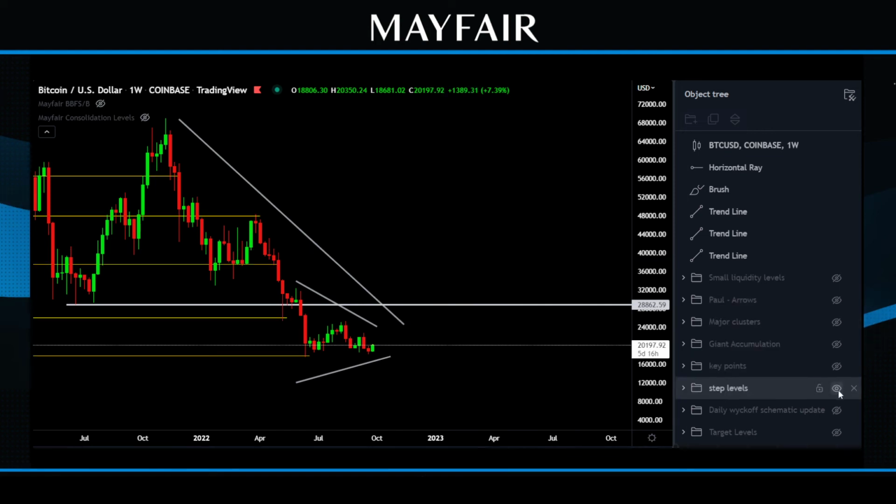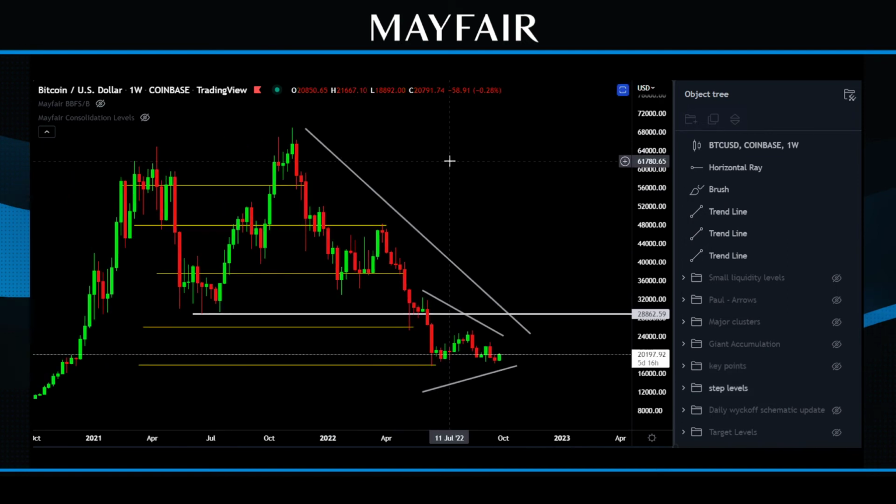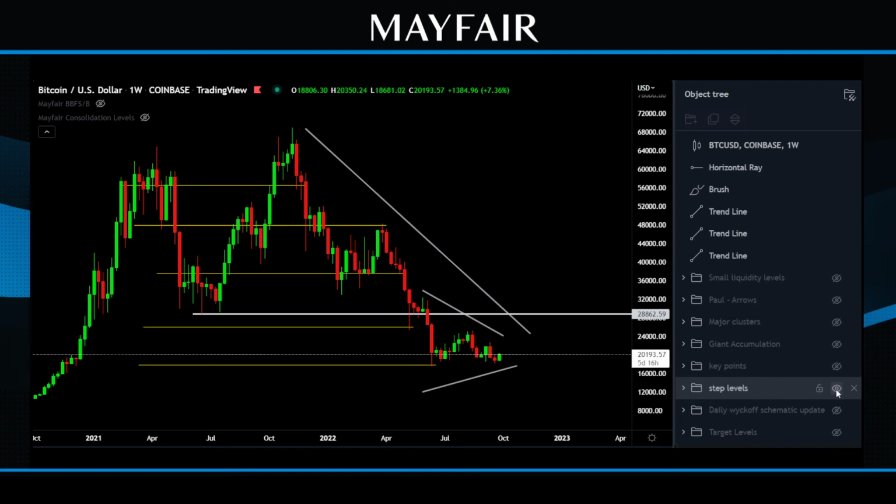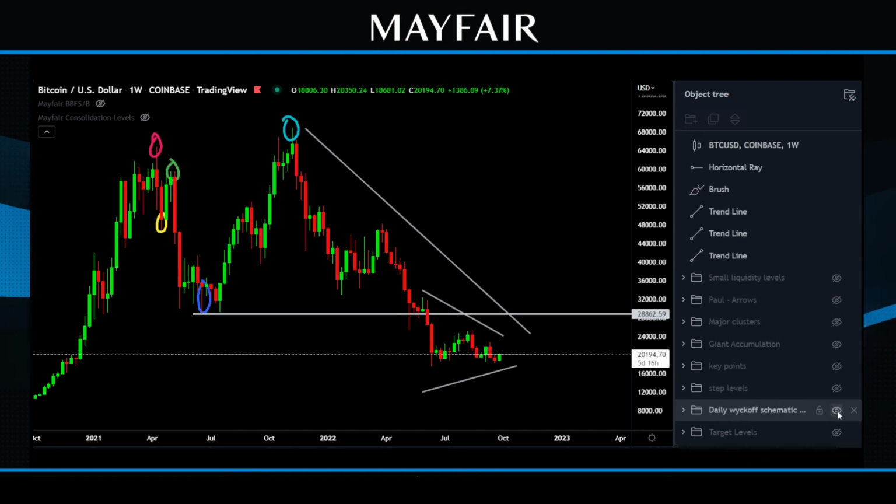Step levels, all of these levels go back to October last year, and these levels are pretty much relevant. You could see the auction areas that were formed, and why these key levels were there. They're just there at the moment for me to remember where we are and highlight some of the key points, especially on the way back up, because these areas will also be affected on the way back up based on previous areas of interest and liquidity pots and pools. So step levels, this was obviously the daily Wyckoff.